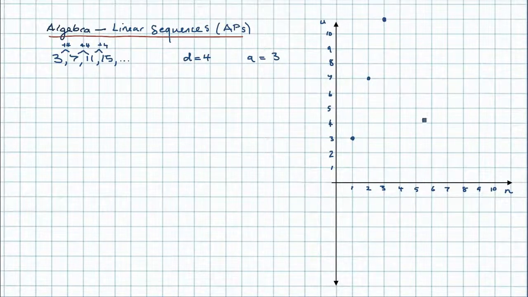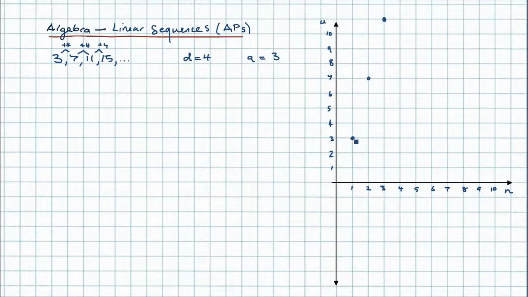And our fourth term, 15, we can't fit on the graph. But you can see what's going on, and you can see why these are called linear sequences, because what we've got is a series of dots progressing in a straight line from n equals 1 and u equals 3 up here to 2, 7, and then 3, 11, and so on and so forth. So those are our coordinates, and this gives us the idea that I'm going to work with next, which is, can we find out what the function is that